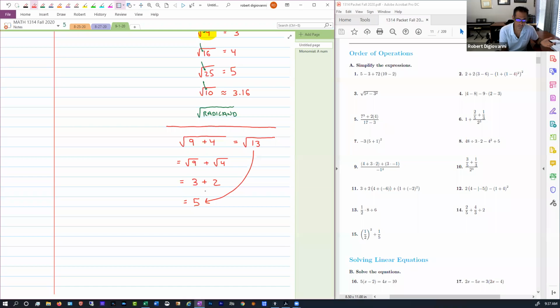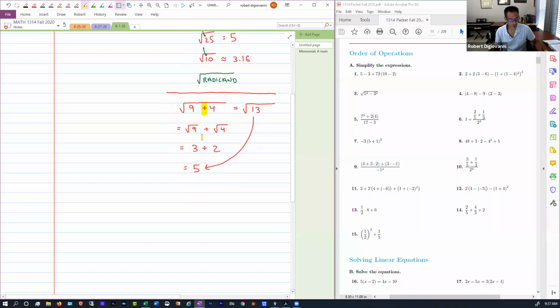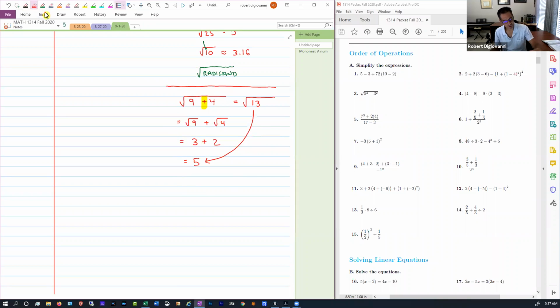So this is wrong. What I'm getting at is if you have addition or subtraction underneath the square root, you may not split it into two. That is illegal, all right? Now, another thing that students need to be clear of is